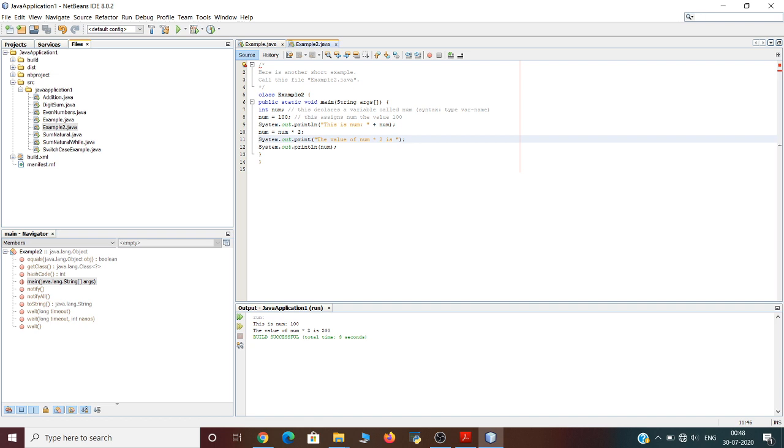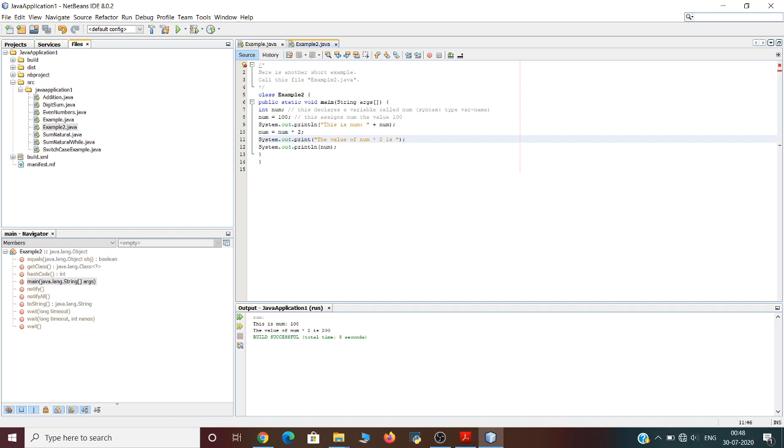After this, the next line of code is num = num * 2. It assigns num the value of num times 2, because we are multiplying it by 2. Like most other languages, Java uses the star operator to indicate multiplication.